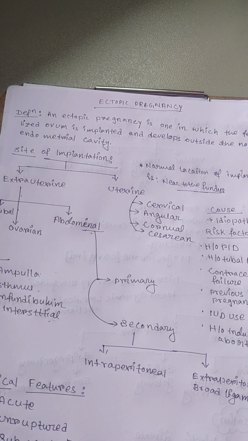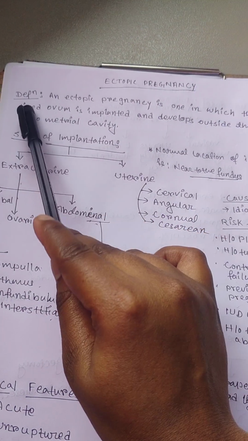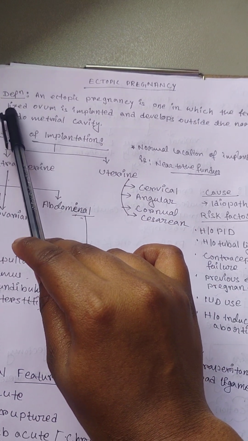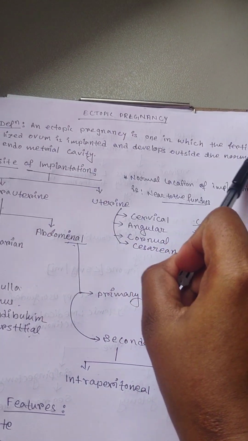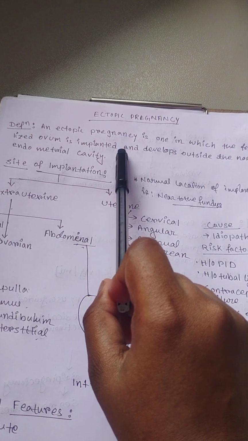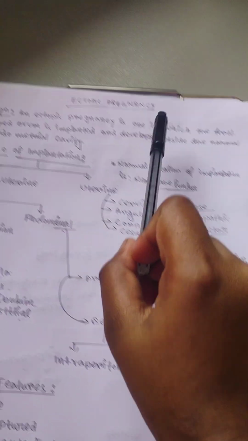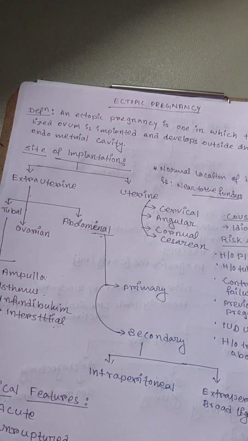So, the first topic is the definition of ectopic pregnancy. An ectopic pregnancy is one in which the fertilized ovum is implanted and develops outside the normal endometrial cavity. It means that